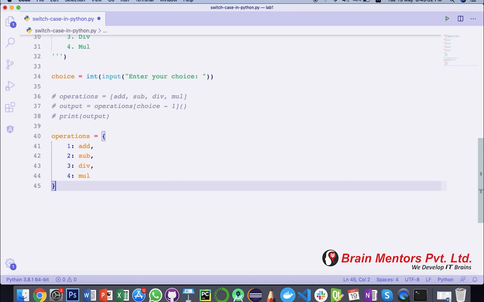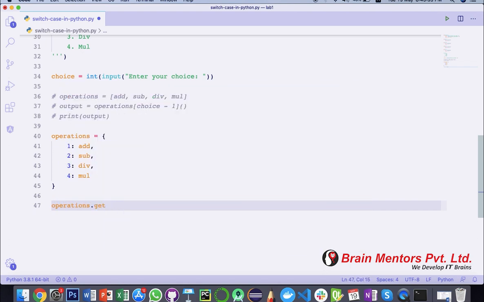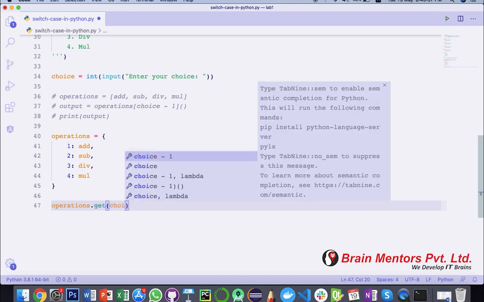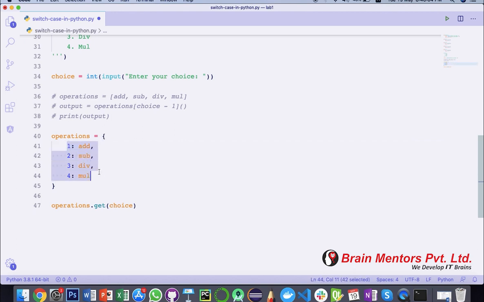Okay, but there is a little advantage or a little feature that the dictionary has, which we are going to utilize here. So to extract the function out of the dictionary and then call it, we have got some particular function with this dictionary. If you write operations and then use this get method here, this get method has got a feature. So you can just pass in your choice here, like we are just going to say choice. Now the first thing is that you don't need to pass -1 because you are not using indexes here, you are just using the keys.